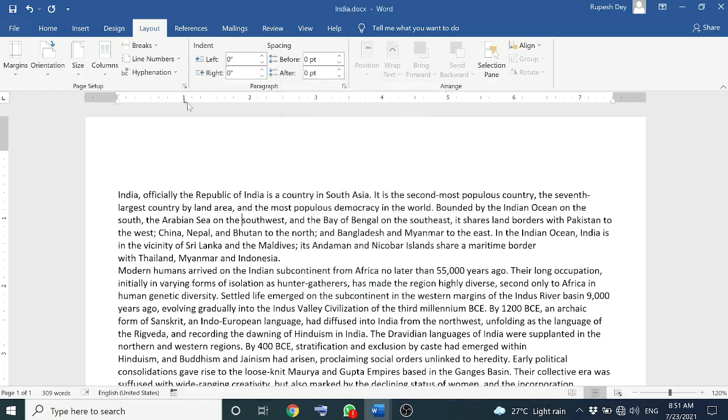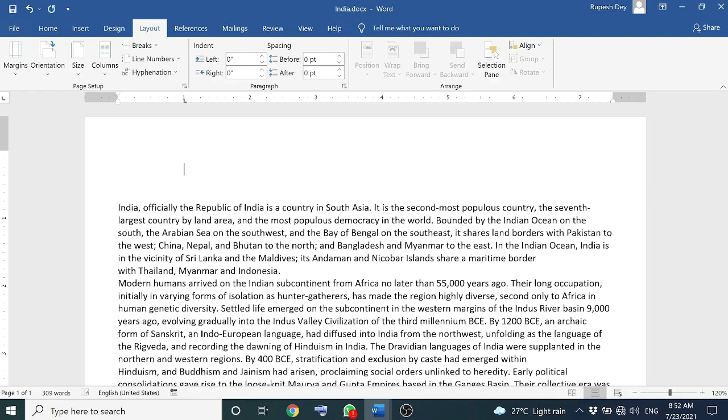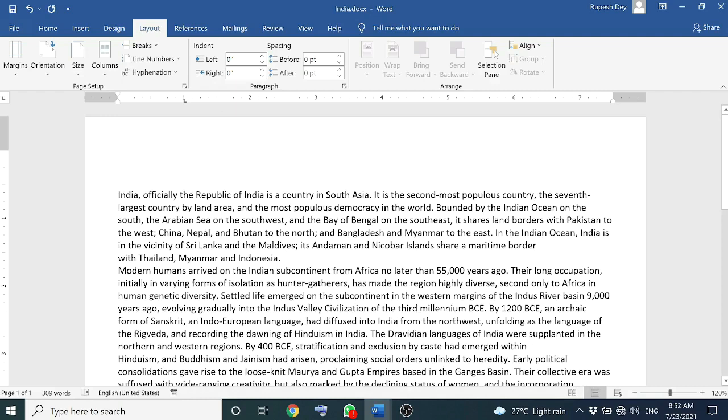Now see, this is my first tab stop. Now if I keep the cursor at the beginning and press the tab key, what will happen? The cursor will not move here. The cursor will come directly to here because my first tab stop is this one. Let's see. I'm pressing tab. Now here. Next, press tab. Then it will take this default 0.5 inch. But the first tab stop is this. You can say the second tab stop is also here. That means when your cursor is here, pressing tab will make you move here. Okay. Now let's see other types of alignments for tab.